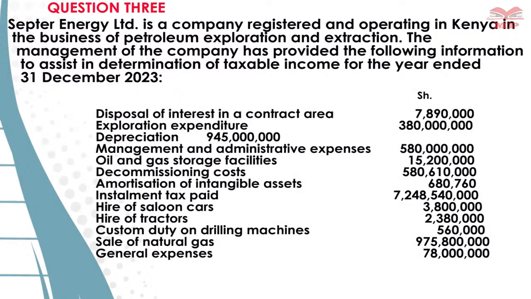So the first entry is disposal of interest in a contract area. That is what we call a taxable income. That is taxable operating income. Number two, we have what we call exploration expenditure, a figure of 380 million. That is allowable expense. And when you say allowable expense, these are expenses that can be deducted to get what we call a taxable